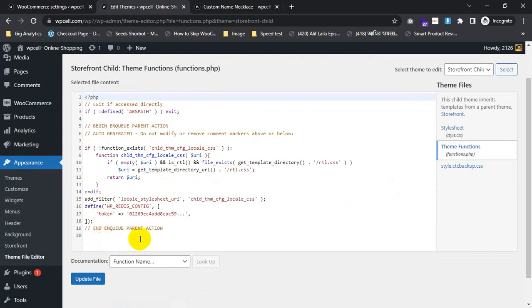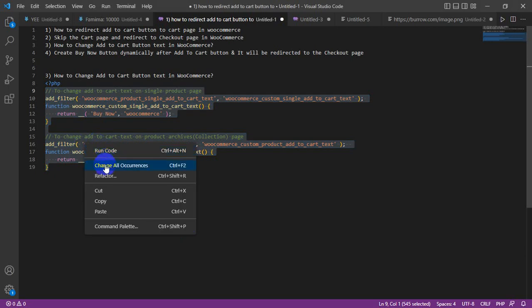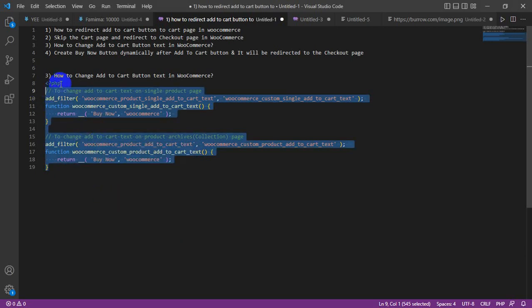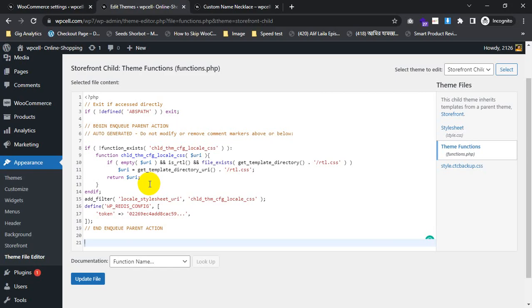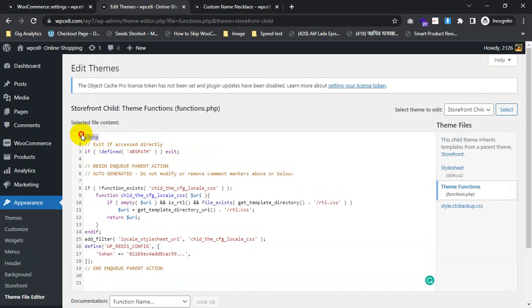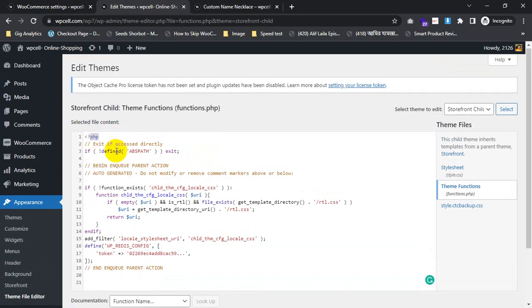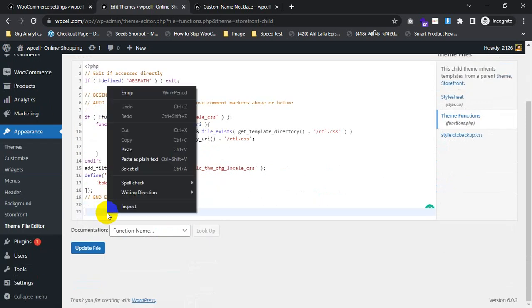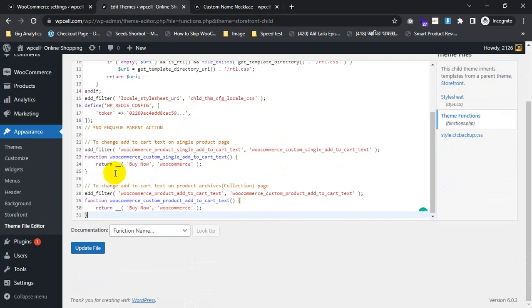Okay, scroll down. I will add the code here. I already have copied the code without the PHP tag, because we already have a PHP format here. I will paste the code here. Okay, then what I need to do,